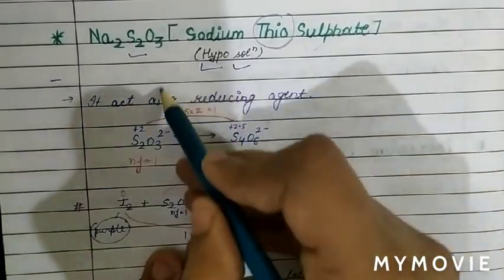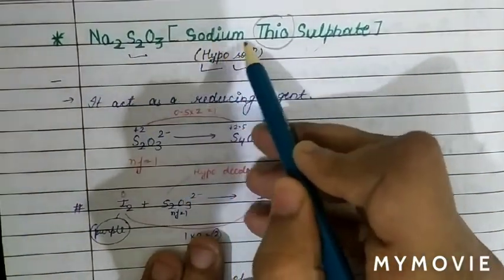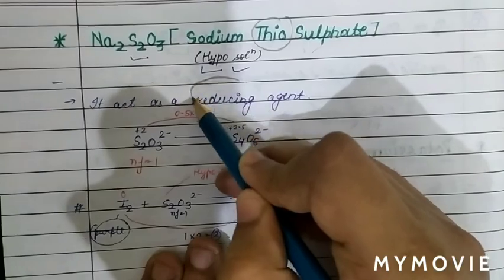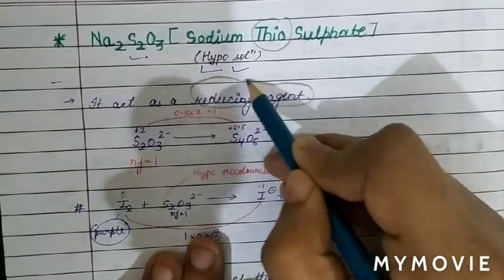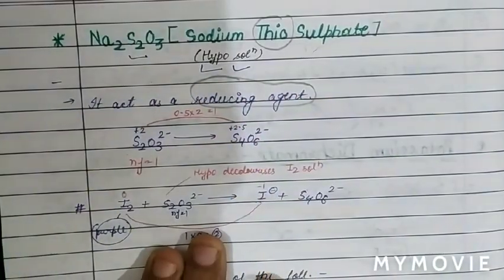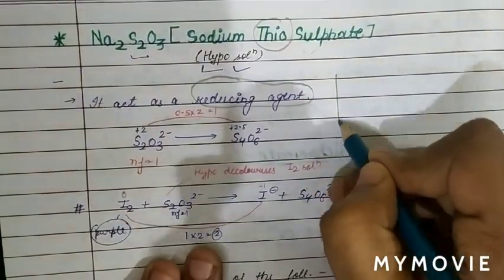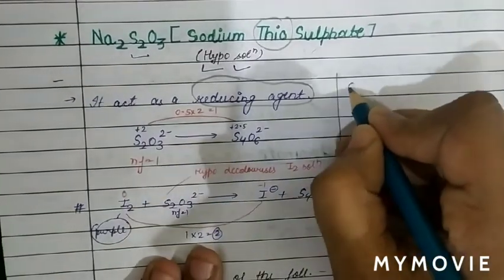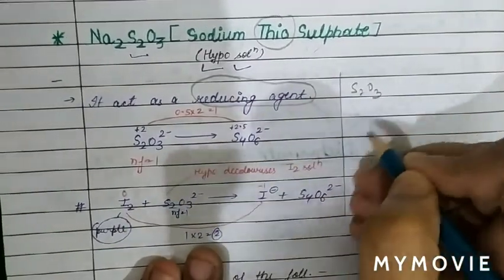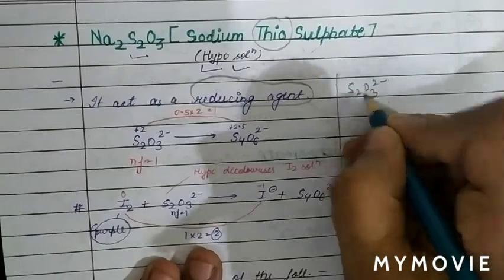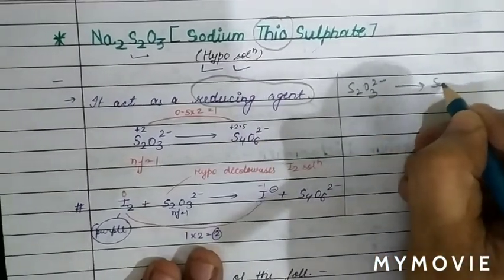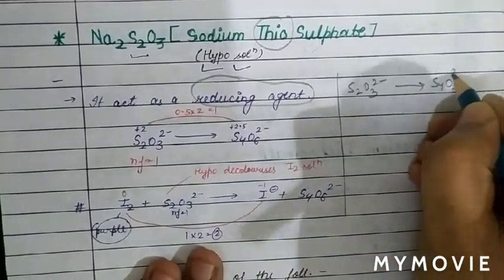See, the oxidation state of sulfur is 2x minus 6 equal to -2. So basically 2x equal to 4. So oxidation state of sulfur is +2. Now find the oxidation state of sulfur in this compound. 4x minus 12 equal to -2. So 4x equal to 10 and x equal to 2.5. So oxidation state of one sulfur atom is 2.5 and oxidation state of per sulfur atom is 2.